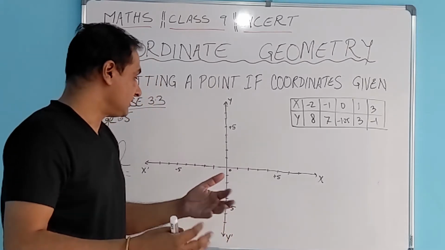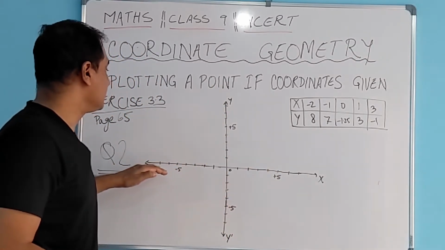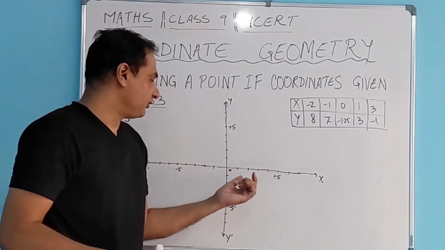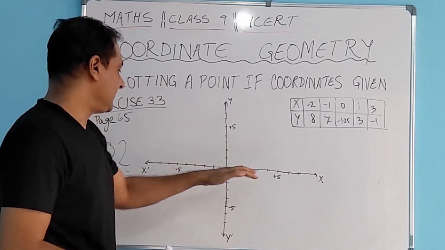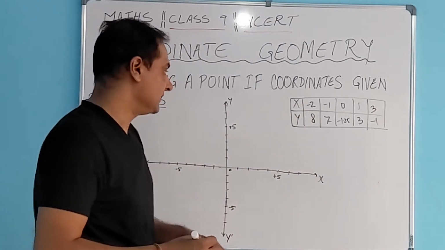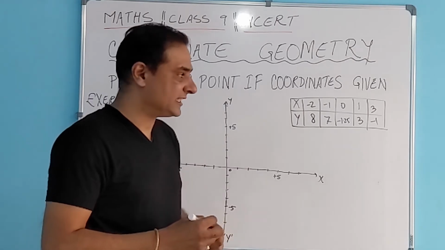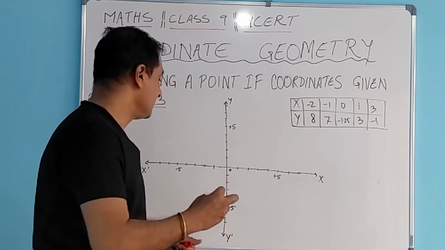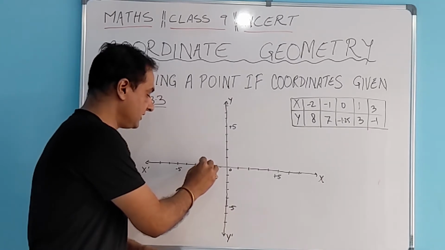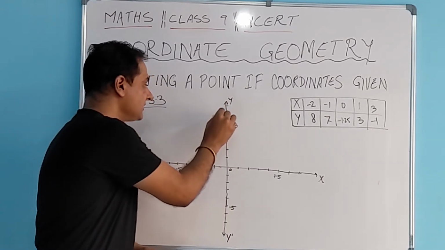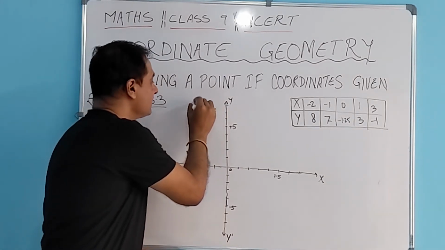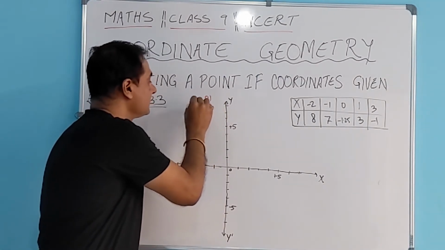To start with, we need to create this Cartesian plane. We need to create x-axis, y-axis. The scale we can take for 1 unit, it is 1 centimeter. So once we have this Cartesian plane, let's look at the points and plot that on the Cartesian plane. Pehla point, -2 and 8. So we go -2 on x-axis, negative direction, and then we go all the way to 6, 7, 8 here. So this is -2 and 8.